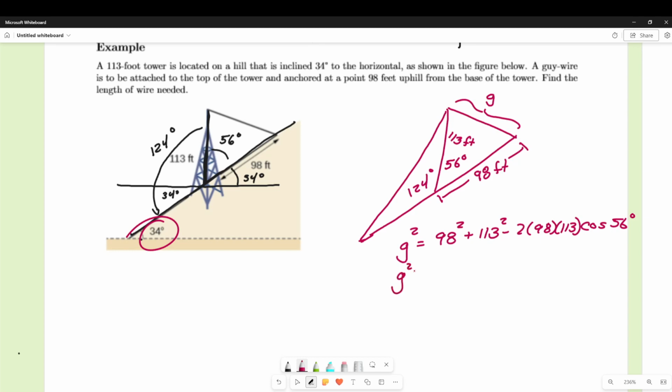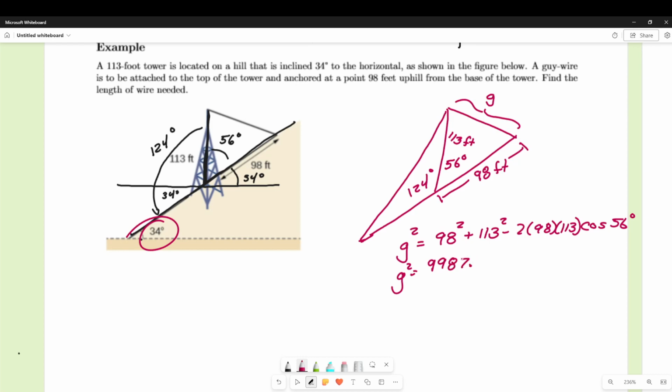So g squared, we're just going to calculate that. And again, I'm going to try to put that all in nicely. I think it's dangerous to try to do a lot of people like to just plug it all in all at once. That's dangerous. It's really easy to push the wrong button on something. But, what's 113 squared? I don't know what 113 squared is, so I'm just going to type the whole thing in. Do be careful with your grouping symbols. So we get 9,987